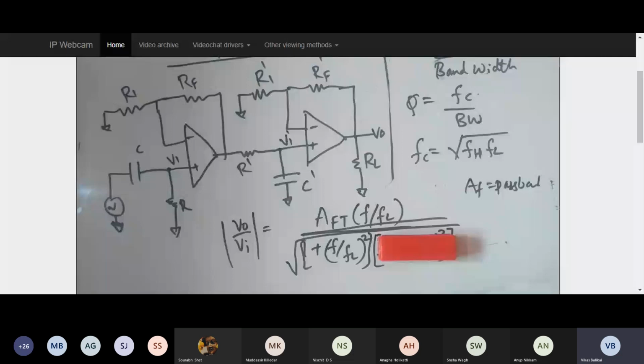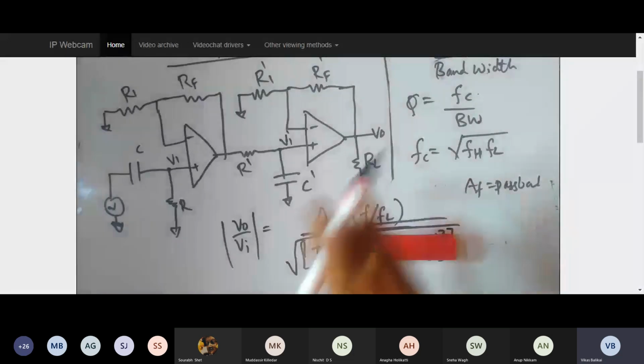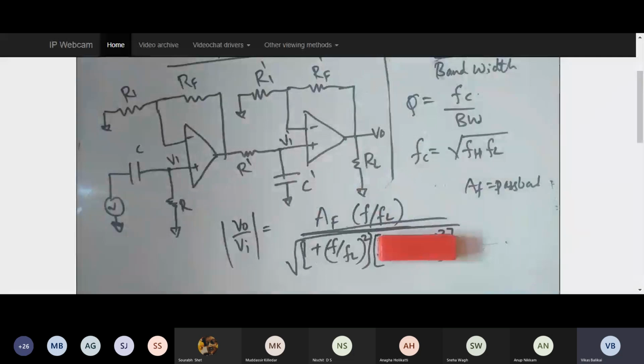Here, instead of calling it a pass band, they call it a total pass band. Especially in terms of band pass filters, they call it by the name total pass band. Otherwise, AF would be fine. Basically, AF is nothing but the pass band only. Whatever filter you are talking about, the pass band is represented by AF. Ignore it. Previously, I gave an equation for your high pass and low pass filter.